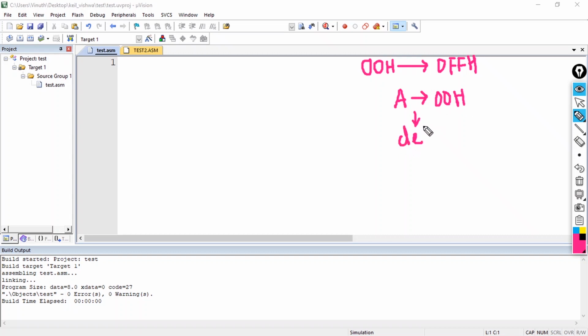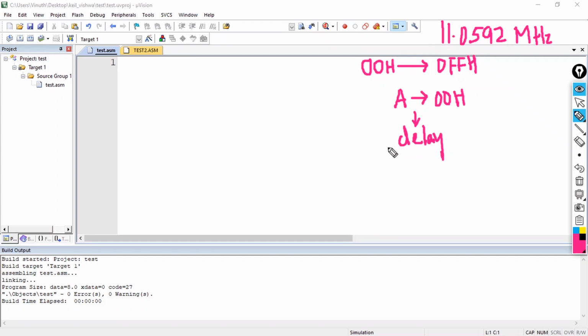Why are we calling delay? Since my 8051 microcontroller has a clock frequency of 11.0592 megahertz, if I just keep on incrementing without any delay, I'm not able to make out whether it is getting incremented or not, since the clock frequency is very high and the incrementing is not going to be visible to our normal eyes.